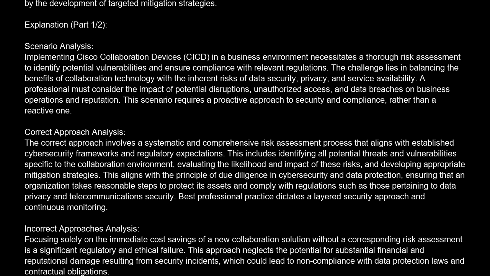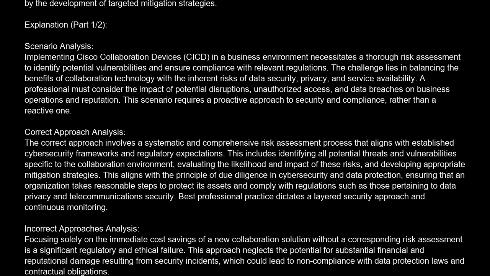Correct approach analysis. The correct approach involves a systematic and comprehensive risk assessment process that aligns with established cybersecurity frameworks and regulatory expectations. This includes identifying all potential threats and vulnerabilities specific to the collaboration environment, evaluating the likelihood and impact of these risks, and developing appropriate mitigation strategies. This aligns with the principle of due diligence in cybersecurity and data protection,